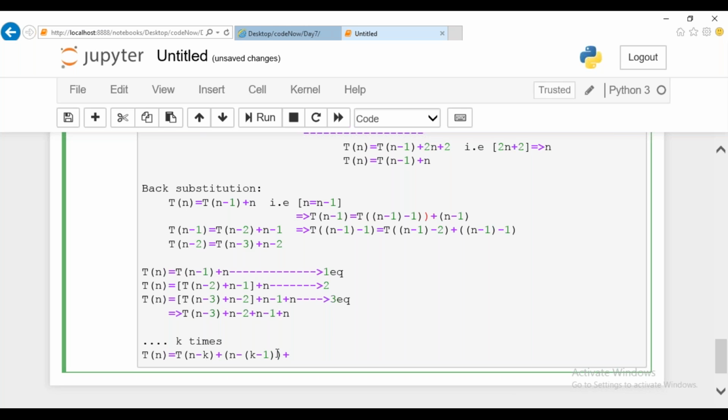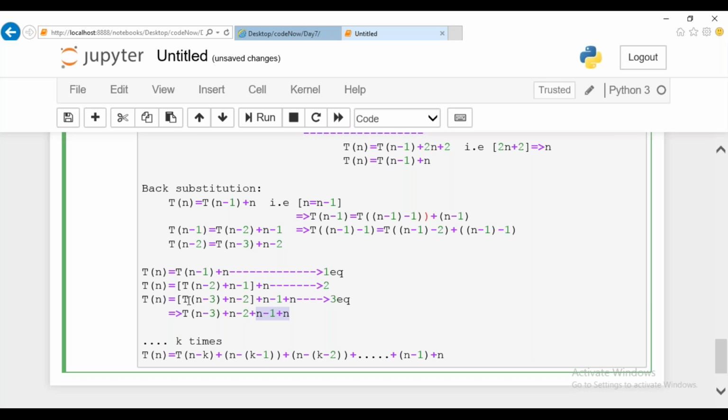And for the next step, what could it be? Sorry guys, n minus k minus 2 times. Since I don't know the number, I'm just mentioning n minus 1, n minus 2, n minus 3, and it keeps going in this way. So this will be executed till n minus 1 time, and at the end the final termination is at n times. The last one is n minus 1 followed by n as the last statement.